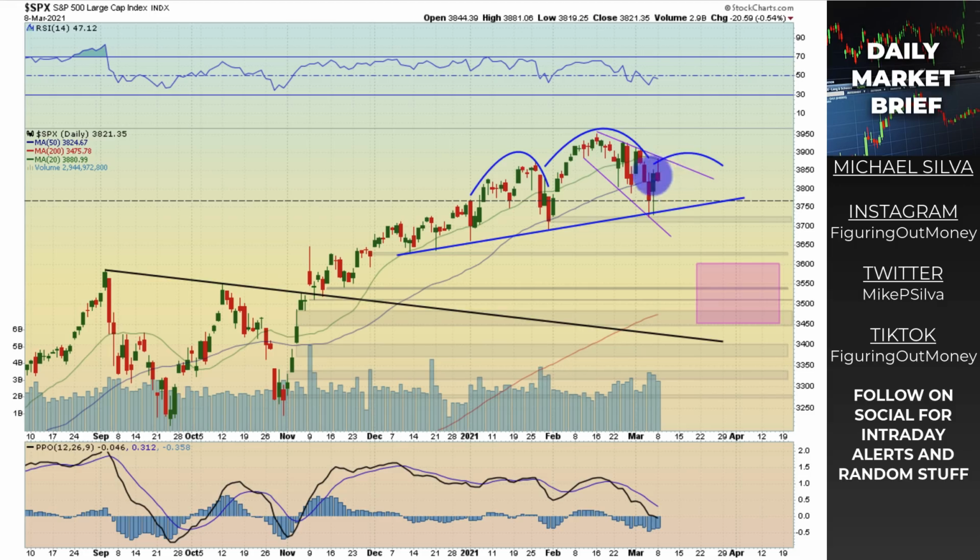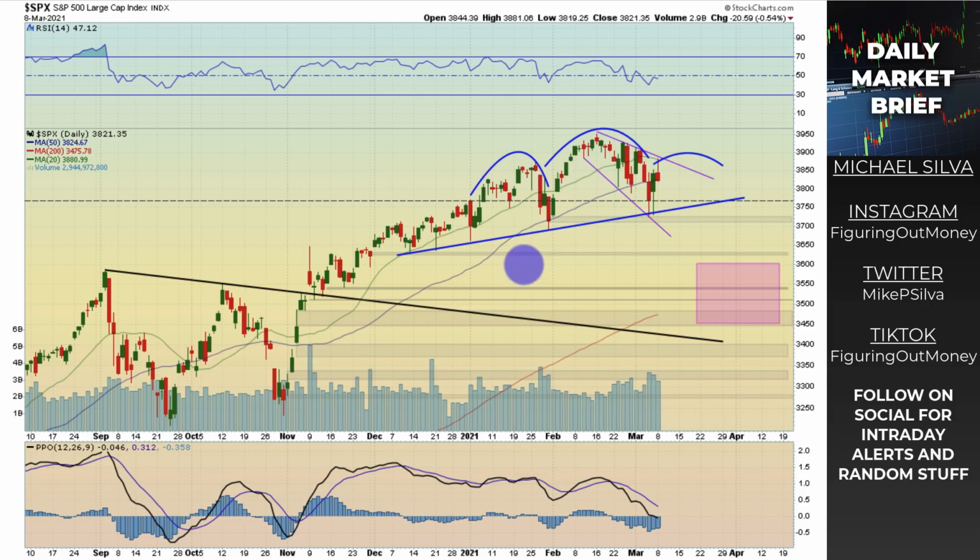Now this candle right here is a shooting star type candle, which typically means that there's more movement to the downside. However, we're going to look at some internal charts, and by internals I mean some stock market indicators, to help determine if this might continue to head lower, or if we're in oversold territory here. And you'll be quite surprised because the market is throwing up all kinds of interesting indicators.